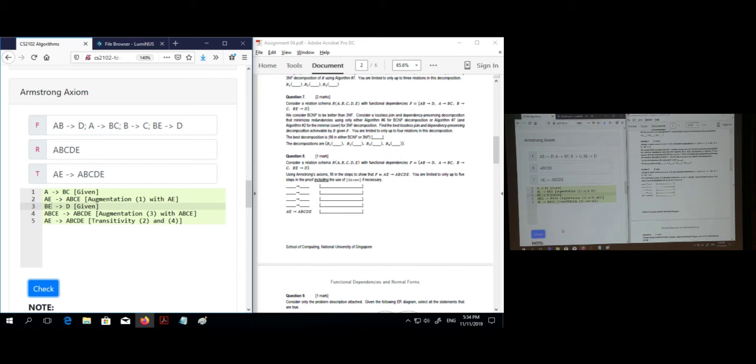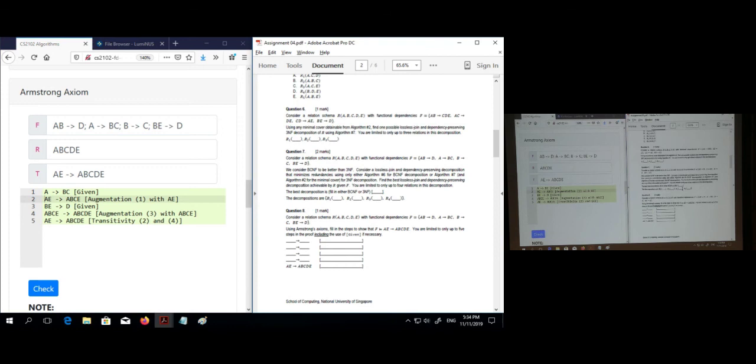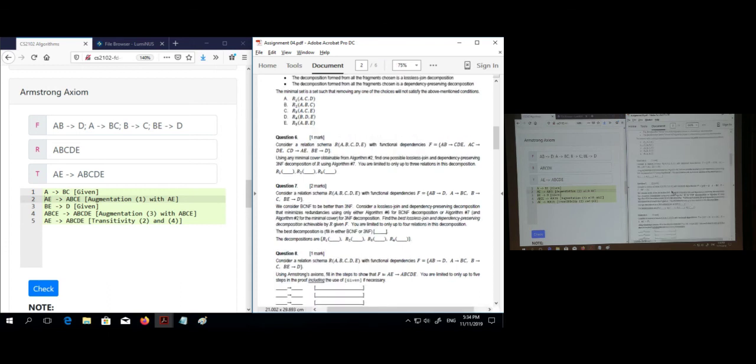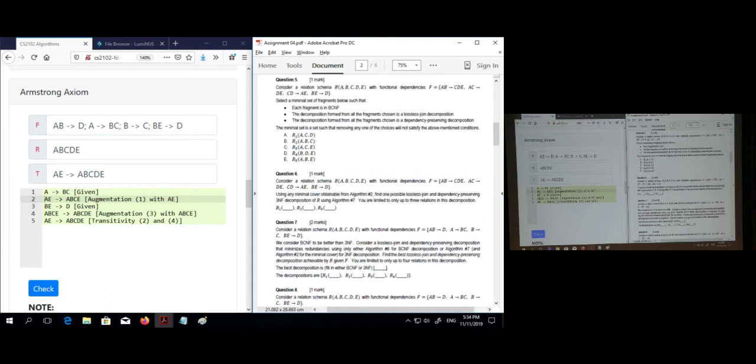Yes. Which one? This one? Yes. But it's a set. The definition is that it's a set, right? The set does not contain duplicates. This one is equivalent to this,